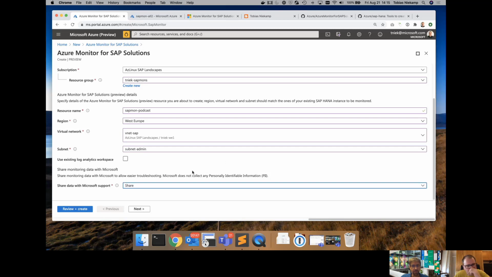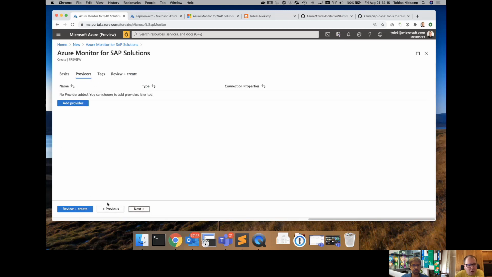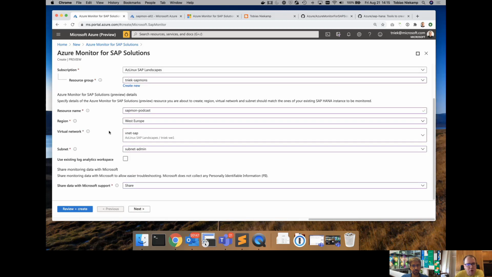And you're stating here that we're not collecting any PII data. That's right. Yeah. So we're not collecting things like, I don't know, the top 10 employees that make the most money in your company or things like that, right? So it's merely anonymous or non-PII utilization data. In the documentation, there's actually a list of all the key figures that are being collected. Yeah. So after we've done that, these are all the properties for an SAP Monitor resource.